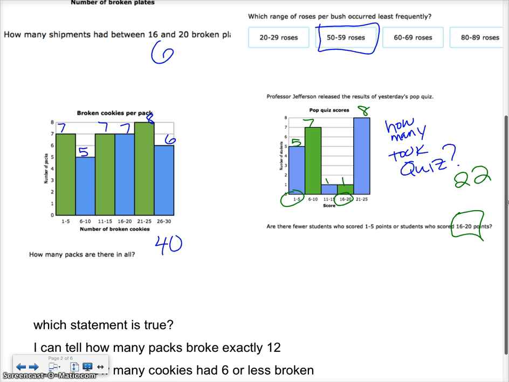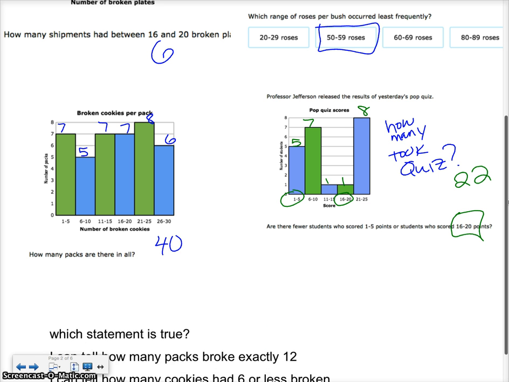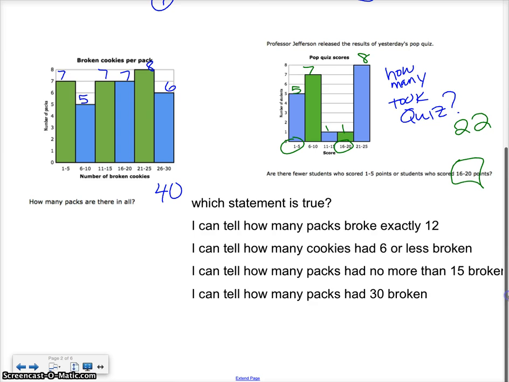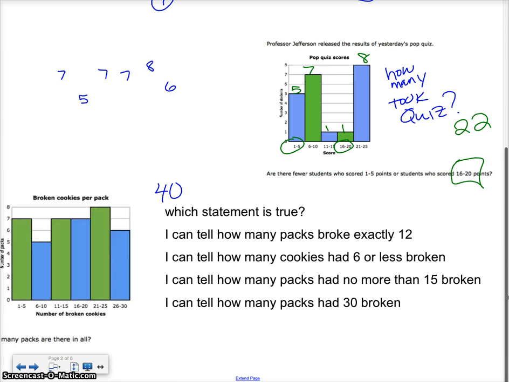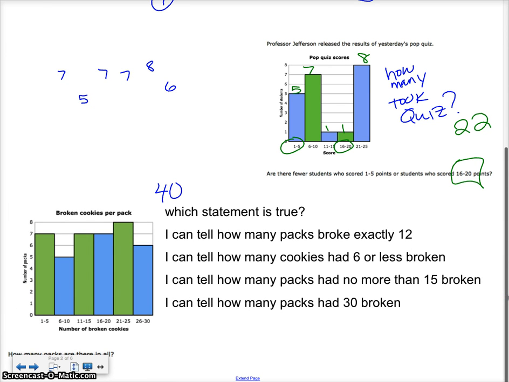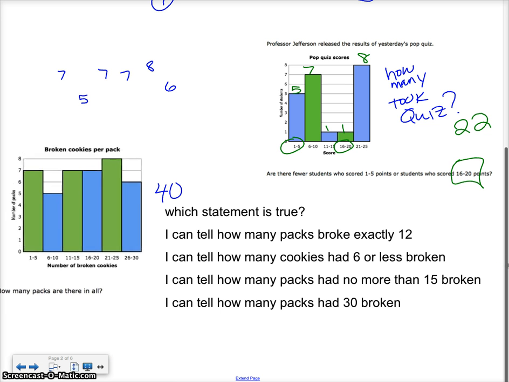Now this is an MCA level question, this last one. This last one says, which statement is true? I can tell how many packs broke exactly 12. So I'm gonna just